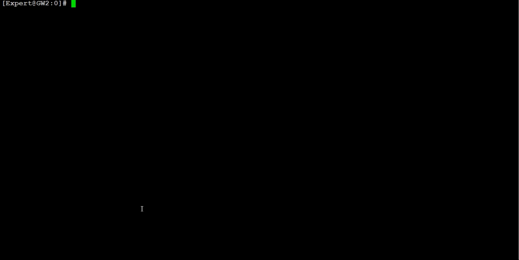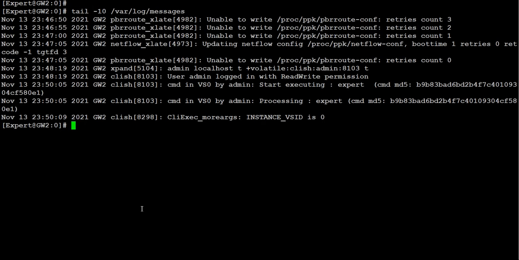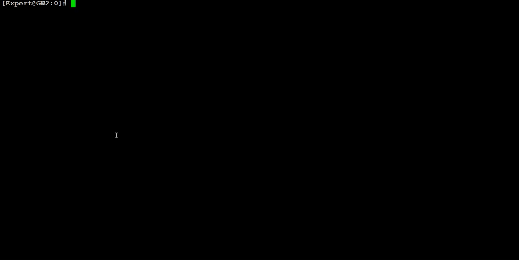Next, if you want to grab some output, for example, I wanted to grab the output which is showing for the vs0, for example this thing. So what I can do, I will grab that output. With the same command you can do the grep option, or you can use the cat command or whatever command you like. I just wanted to show you how you can grep things from these messages or whatever files. Just do grep